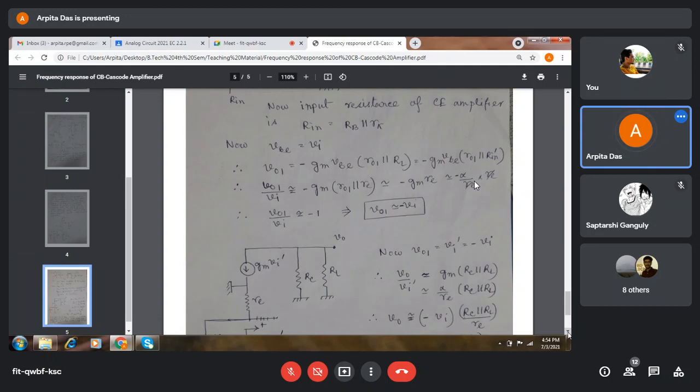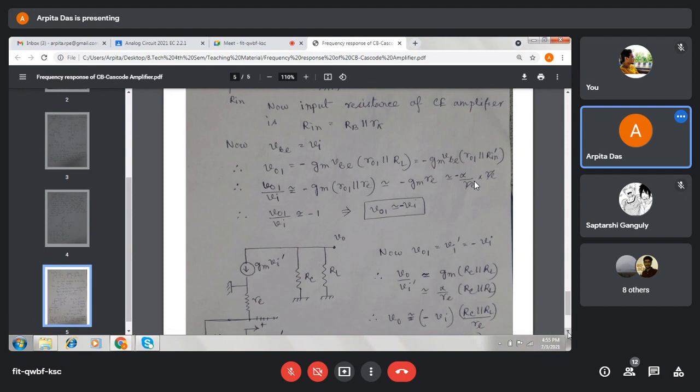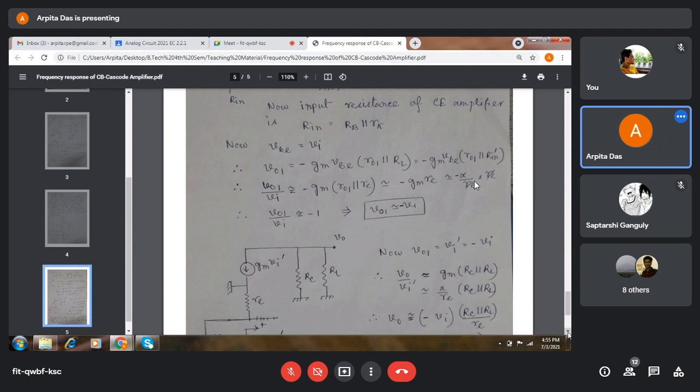Now, C mu is actually junction capacitance. We can do nothing to change the value of C mu. C mu just appears due to this junction effect. And when it is multiplied with the gain of the amplifier, then CM will become very high. But in that case, the gain of the amplifier is 1. So it is just multiplied with 1, so it is the same. And since the gain of this CE stage amplifier is unity, CM is almost equal to C mu.